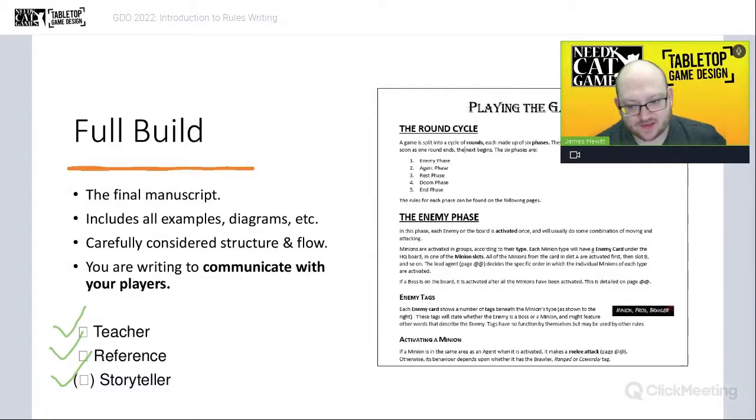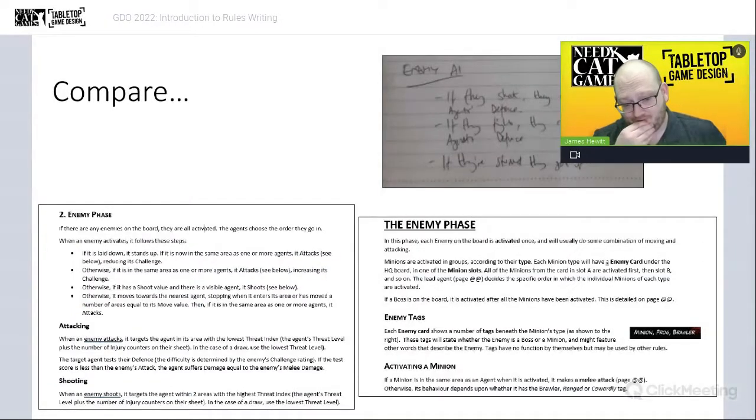So just to compare those three, this is the section from those three. This is the development of the Hellboy board game rulebook through those three stages. I grabbed two random stages, plus I found a notebook, basically. So this is talking about how enemies work. And obviously the test build one at the top is very loose and very,